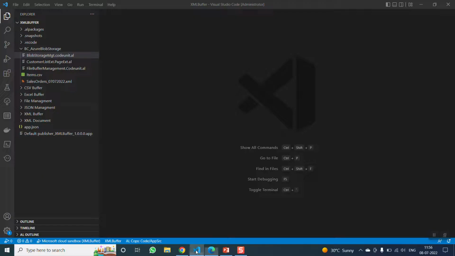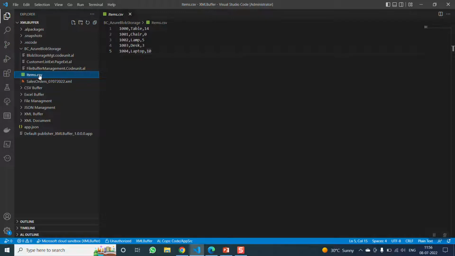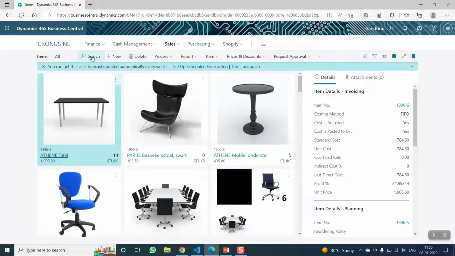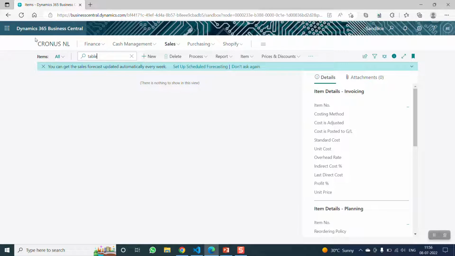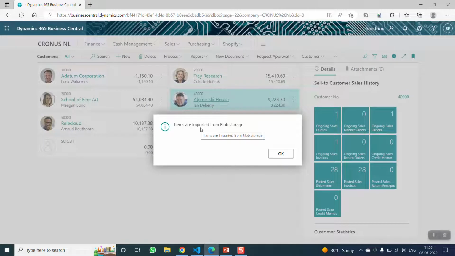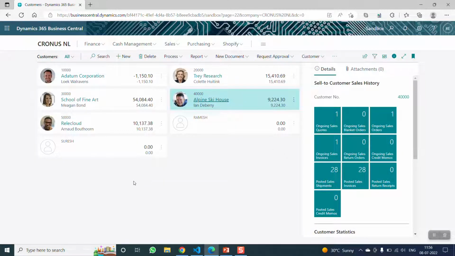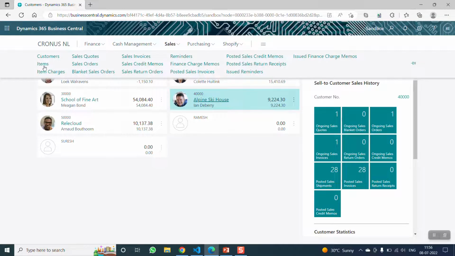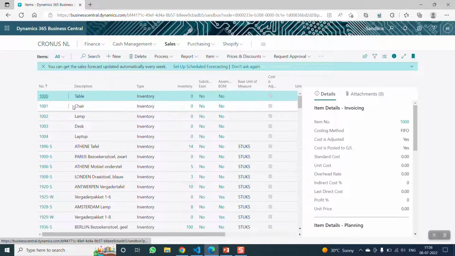So for example, which items am I importing? Into item.csv. This is the file which I placed over there, and this has item number and item description. Suppose I search for the table, we don't have the items, so what we'll do is import a file from the blob storage and see whether it's imported or not. Import from Azure Blob storage. Items are imported from blob storage. I got a message,